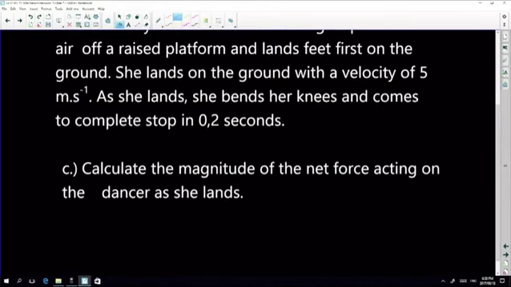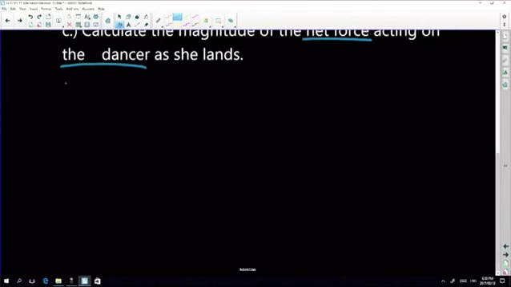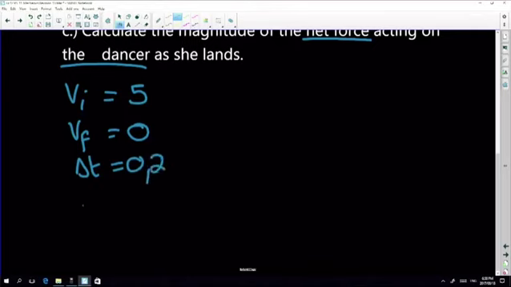Now it says, calculate the magnitude of the net force acting on the dancer as she lands. Now, she lands at 5 meters per second and takes 0.2 seconds to stop. So my initial velocity when she lands is 5. My final velocity is going to be 0. That's very important. The time it takes is 0.2, and they want F net. So F net equals m delta v